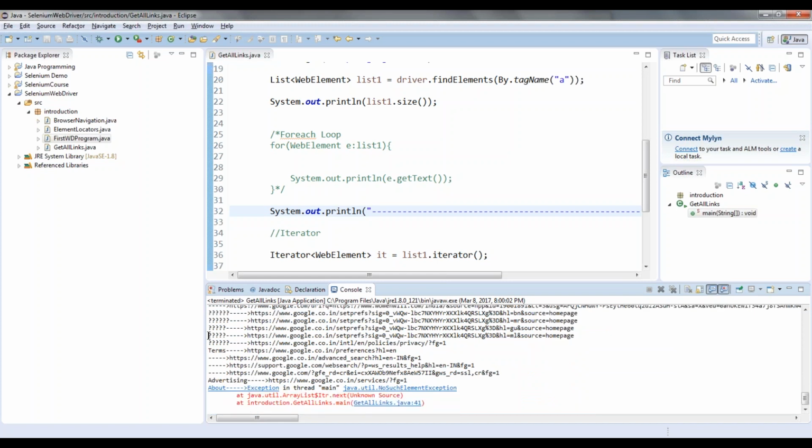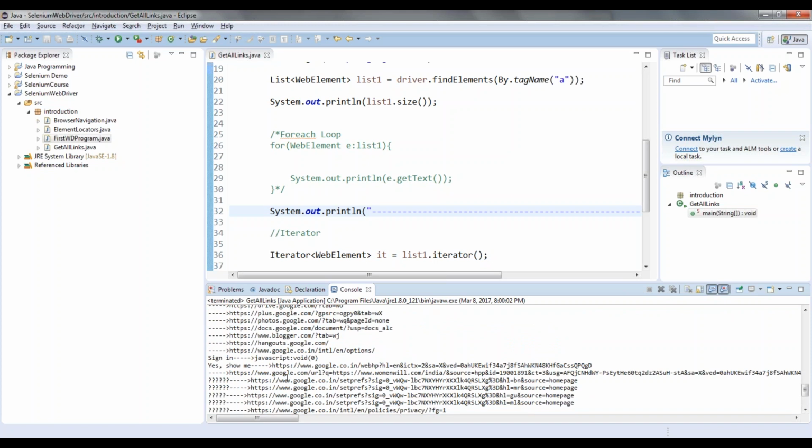Like that you can display for which element what is the href. For some href, the inner text is missing, that's why it is giving me blank there. About, exception in thread main, so this should not come. I will check that after some time.